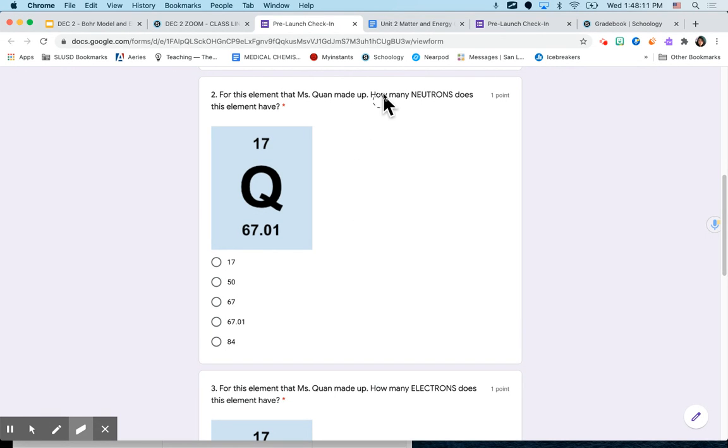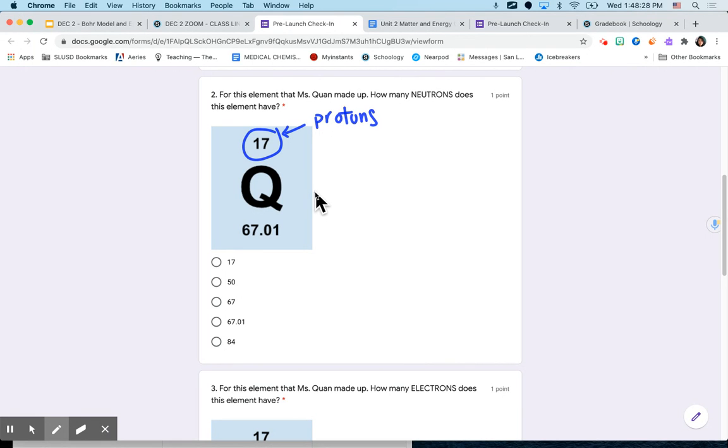Here's one that a lot of people missed. For this element that Ms. Kwan made up, how many neutrons does this element have? To solve for neutrons, it's a little bit trickier. I need to remember that this top number is the number of protons,